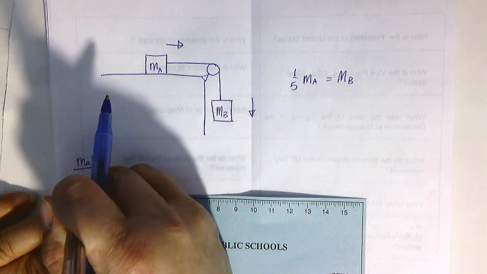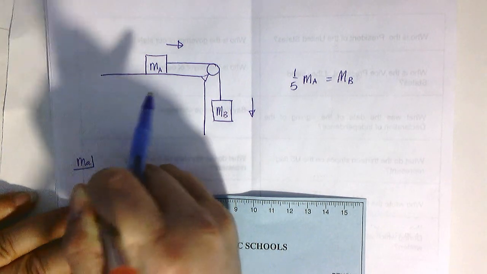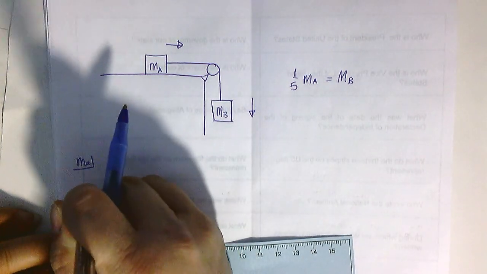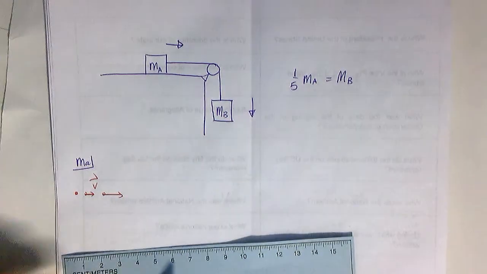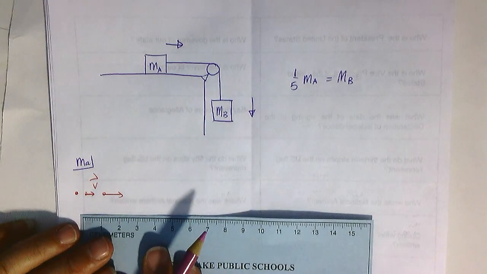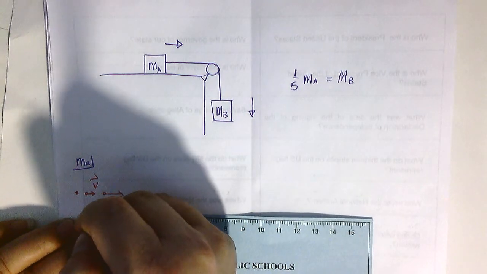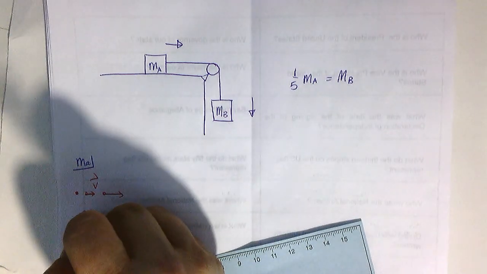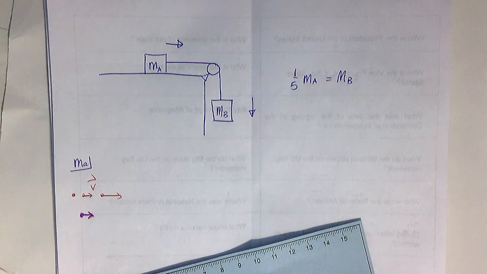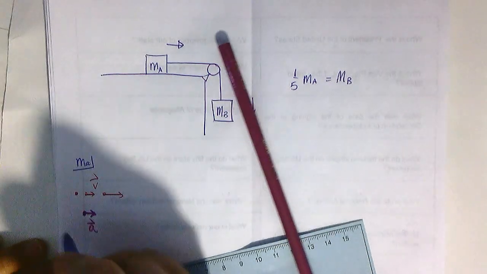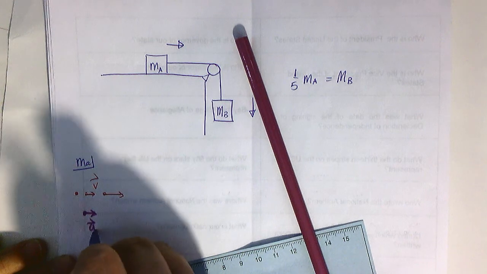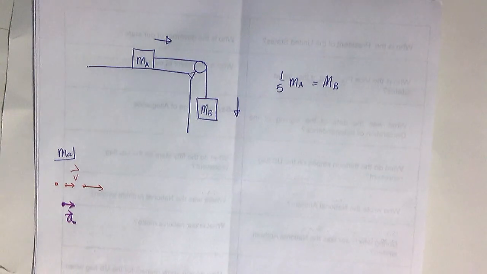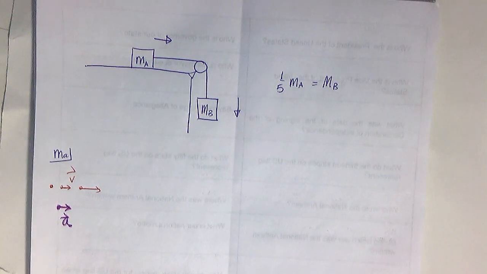So it starts from rest. Okay, so there's my velocity. And now I need my acceleration. Okay, so there's my acceleration, and now what I'm going to do is draw my free body